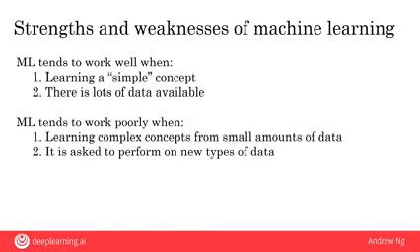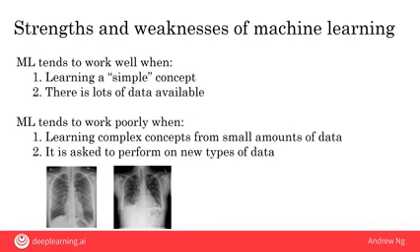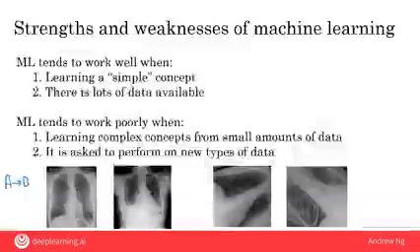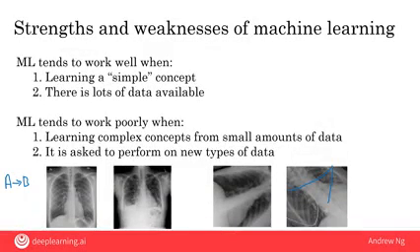Let me explain with an example. Say you built a supervised learning system that uses A to B to learn to diagnose pneumonia from images like these. These are pretty high quality chest X-ray images. But now, let's say you take this AI system and apply it at a different hospital or a different medical center where maybe the X-ray technician somehow strangely had the patients always lie at an angle, or sometimes there are these defects. I'm not sure if you can see the little scratches in the image, these little other objects lying on top of the patients.